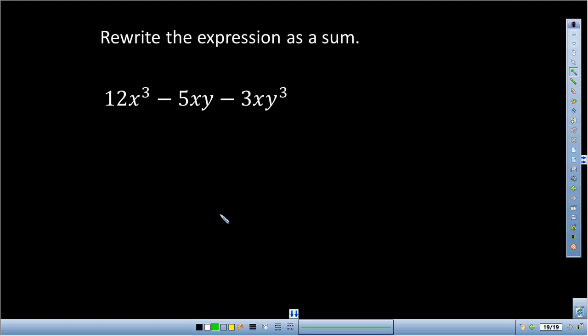In this video, we're going to practice rewriting expressions as sums. If we take a look at the first expression, we have 12x to the third power, subtract 5xy, subtract 3xy to the third power. Now normally we associate sums with addition, and this expression has subtraction in it. But we can go ahead and rewrite this as a sum because subtraction basically just means